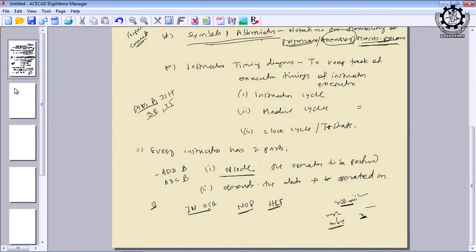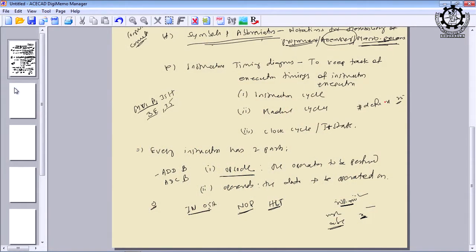If you take the C language, can you give an example of macros? Hash define x 25: throughout the program x will be treated as 25. So, this is also a macro, but this is the simplest macro. A macro can be extended to a number of instructions also. Is it okay? I think you understood how symbols and abbreviations are equally important, and that is a part of the instruction set architecture.